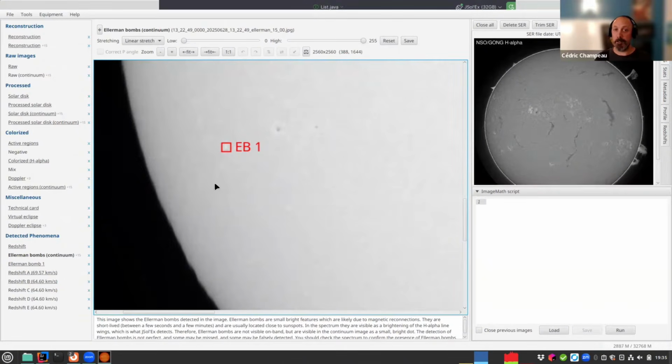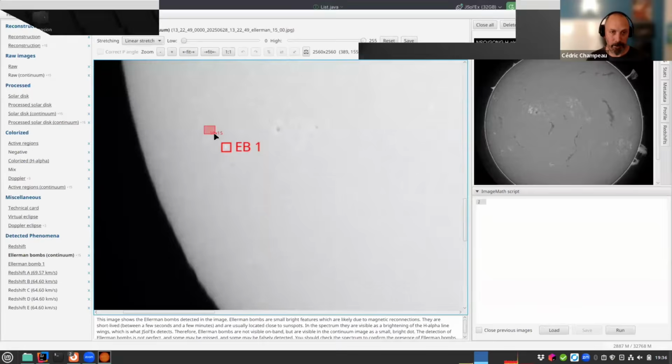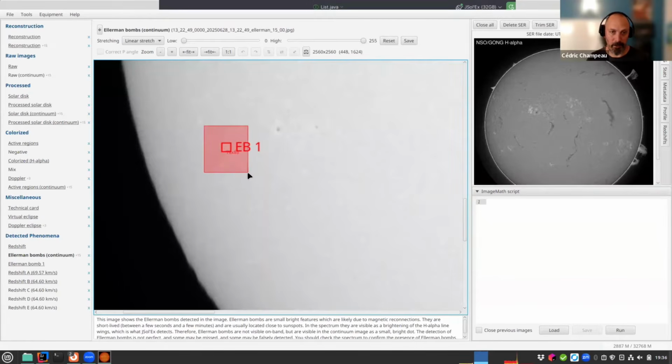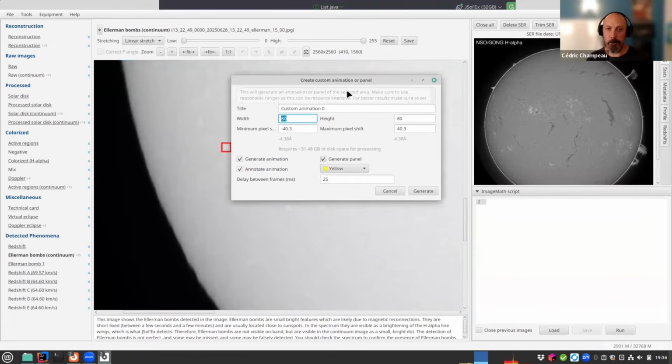So this would typically only be visible on the continuum, on the plus and minus sides, not directly in the middle of the line. But I can highlight that more precisely by doing a control click on this region and asking JSolEx to create an animation of this region. So when I do that,